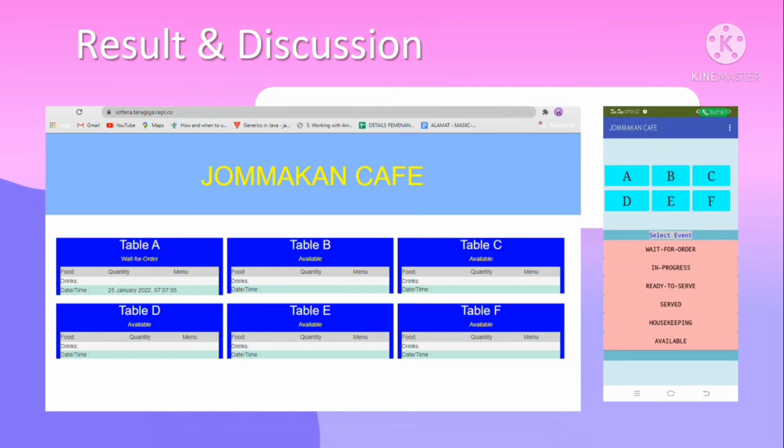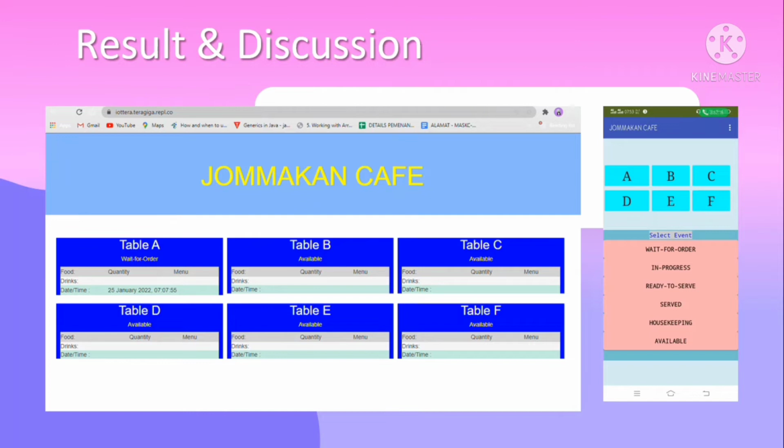This is the result and discussion. This is the homepage of the Jommakan Cafe. We have 6 tables: table A, table B, C, D, E, and F. While at my right, it shows